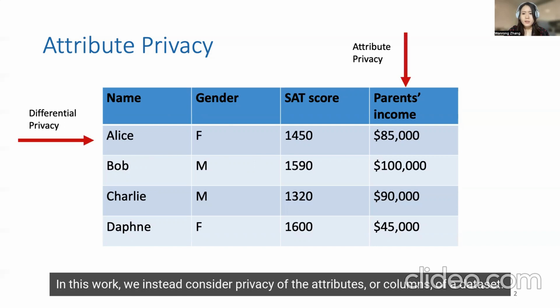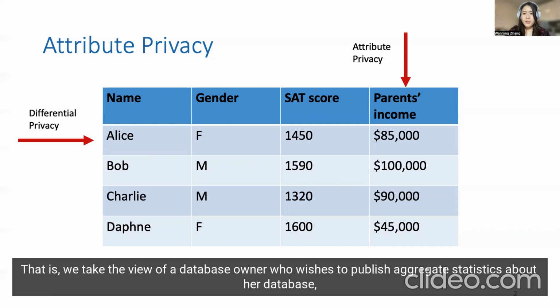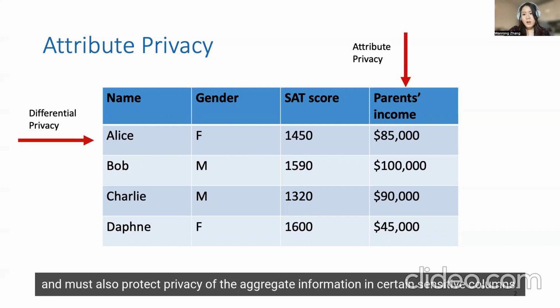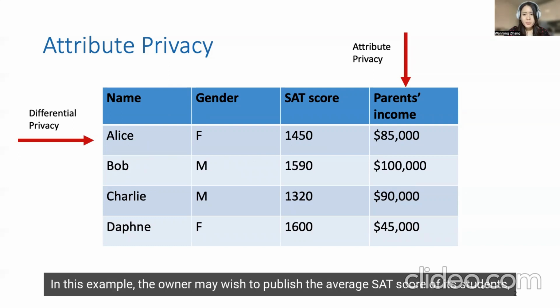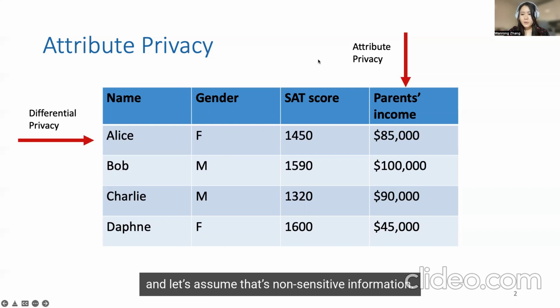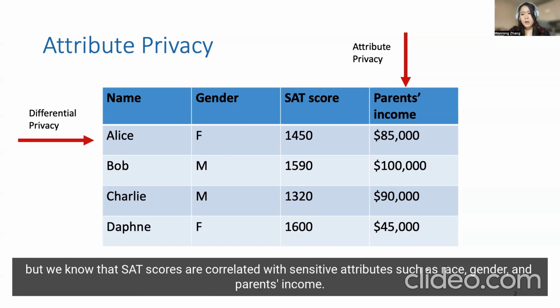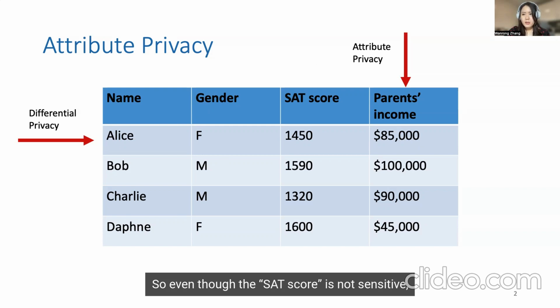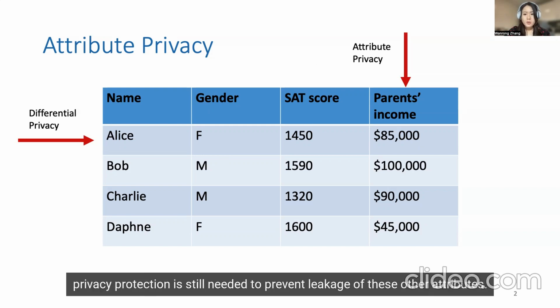In this work, we instead consider privacy of the attributes or columns of a dataset. That is, we take the view of a database owner who wishes to publish aggregate statistics about her database, and must also protect privacy of aggregate information in certain sensitive columns. In this example, the owner may wish to publish the average SAT score of its students, and let's assume that's non-sensitive information. But we know that the SAT scores are correlated with sensitive attributes such as race, gender, and parent income. So even though the SAT score is not sensitive, privacy protection is still needed to prevent leakage of these